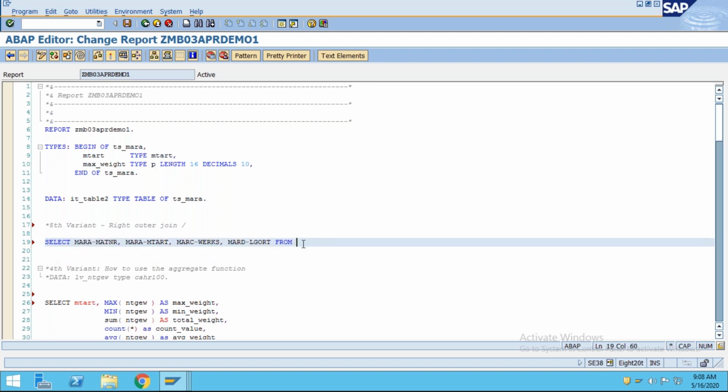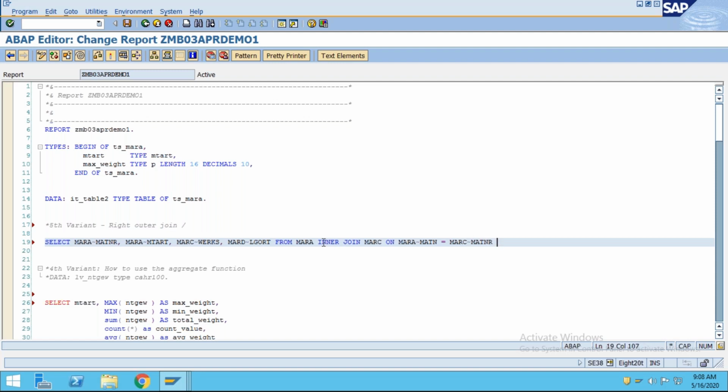You have to specify the table over here. From which table are you going to fetch? From the MARA table. You are going to put the inner join on what? You are going to put the inner join on the MARC table. On which condition? MARA MATNR should be equal to MARC MATNR, right?